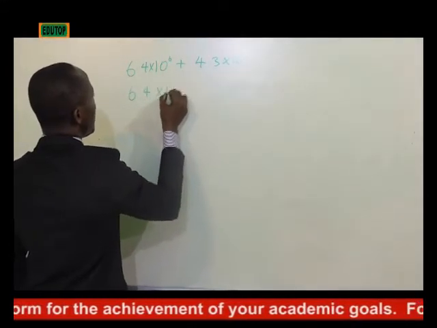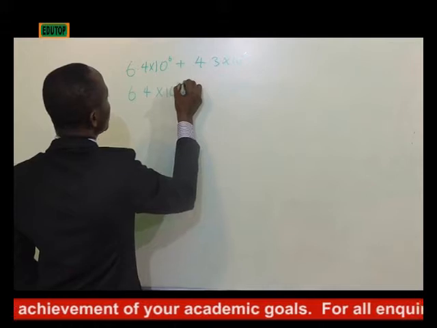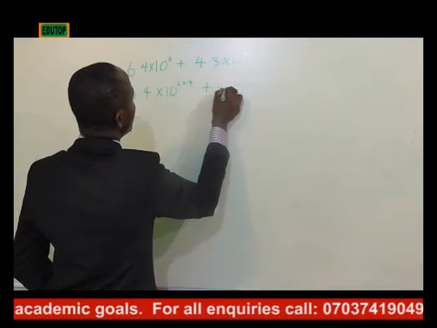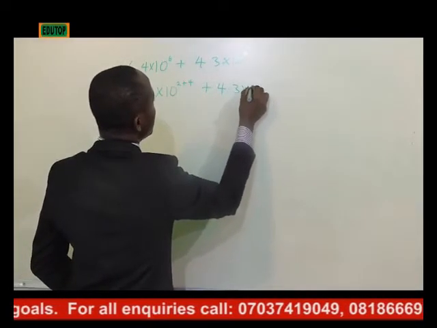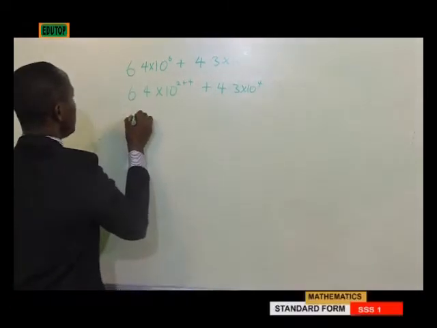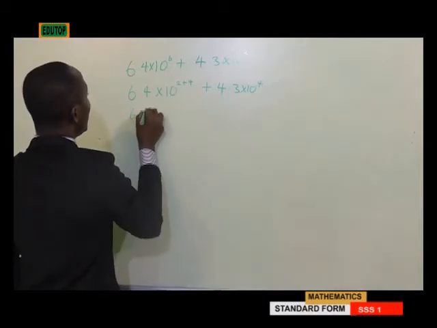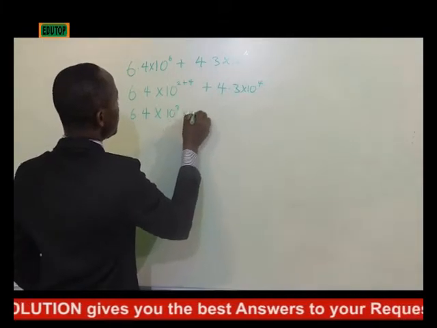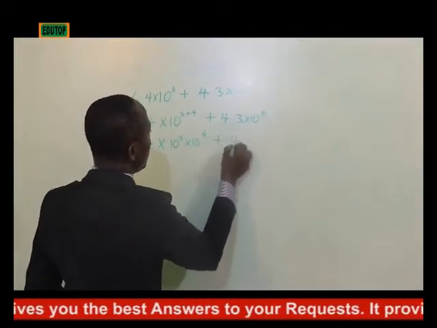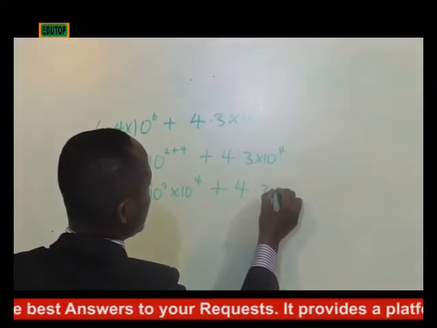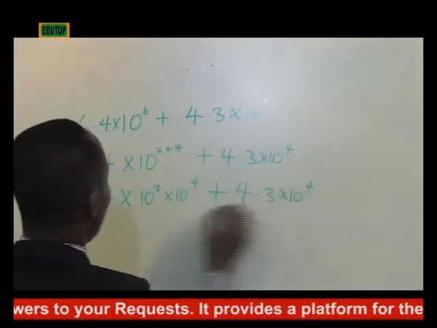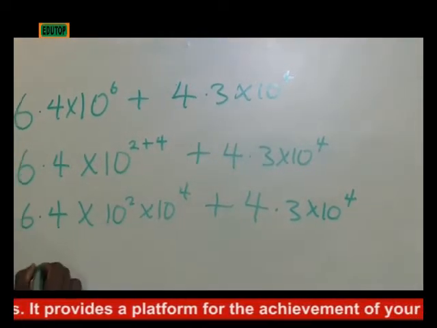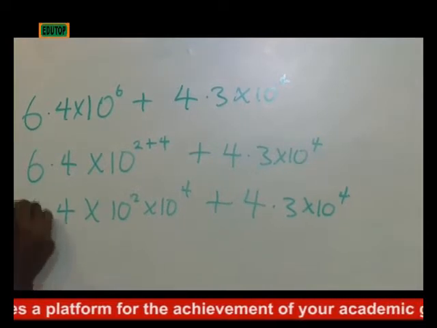6.4 times 10 raised to the power 2 times 10 raised to the power 4, plus 4.3 times 10 raised to the power 4. This is the same thing as 6.4 times 10 raised to the power 2 times 10 raised to the power 4 plus 4.3 times 10 raised to the power 4. We'll now use this 10 raised to the power 2 to multiply 6.4, which will give us